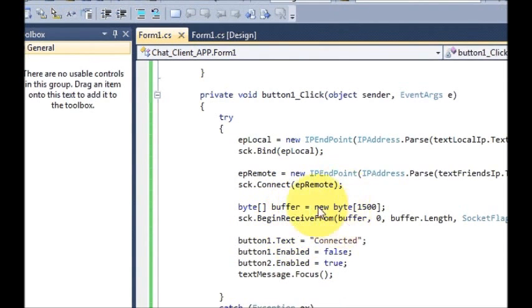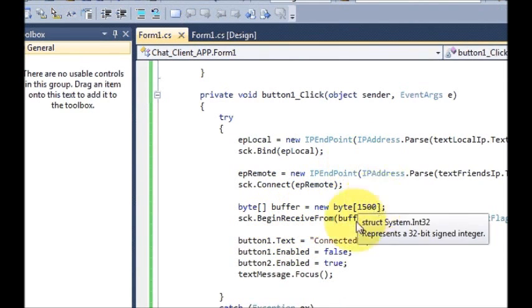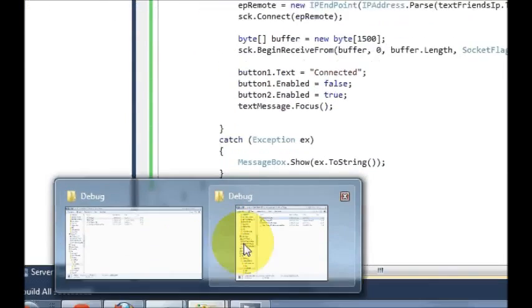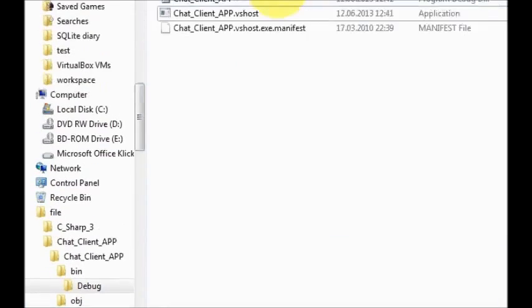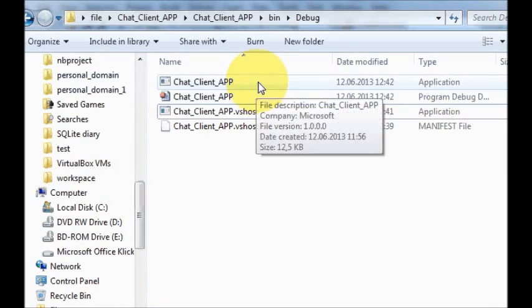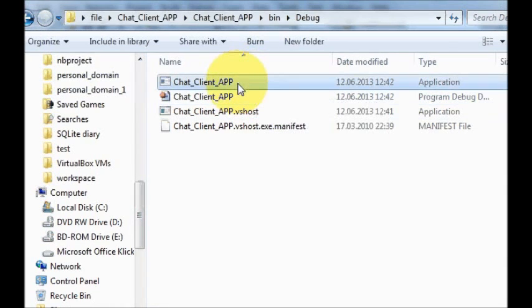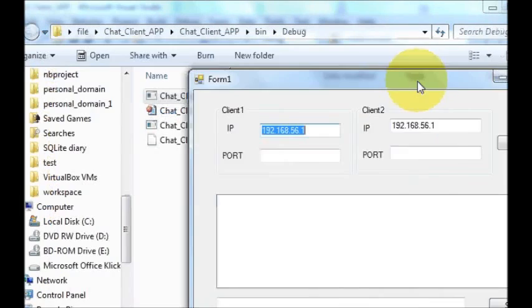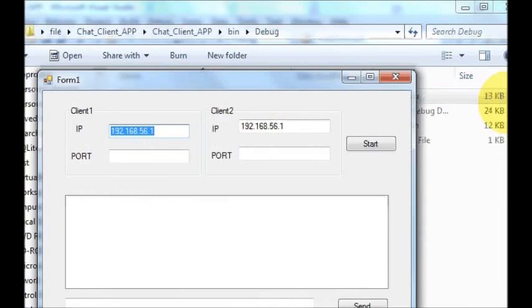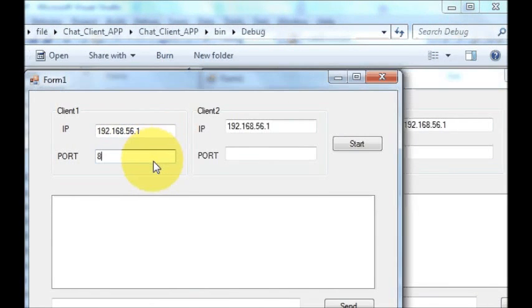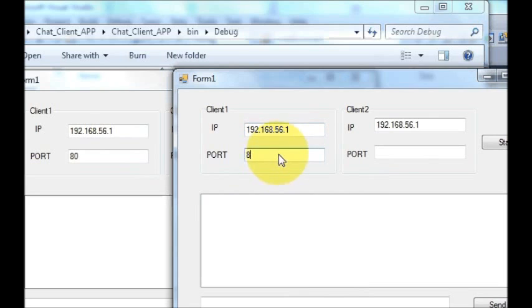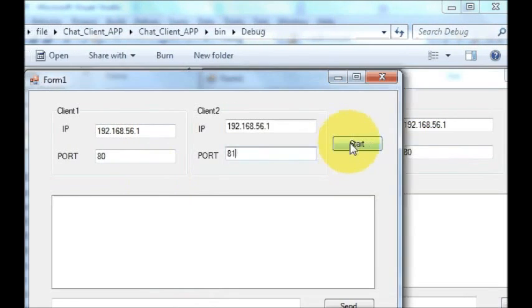So it will build my solution, and now I will go to the app once again here, and now I will run two applications. One is 80 and 81, and here 81 and 80, right? Now I will click this start button